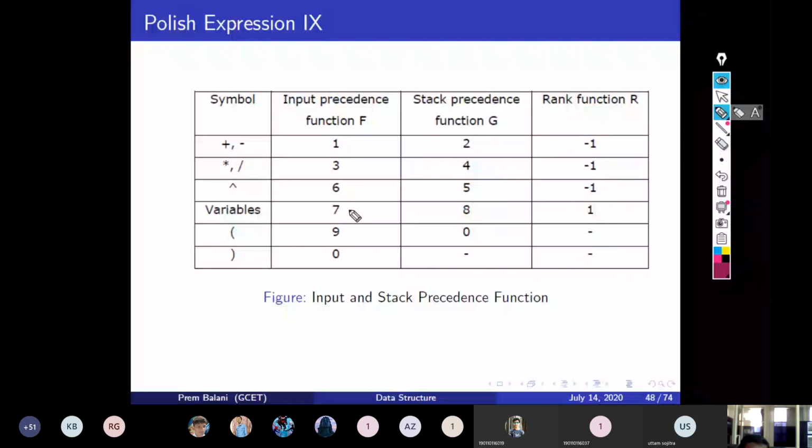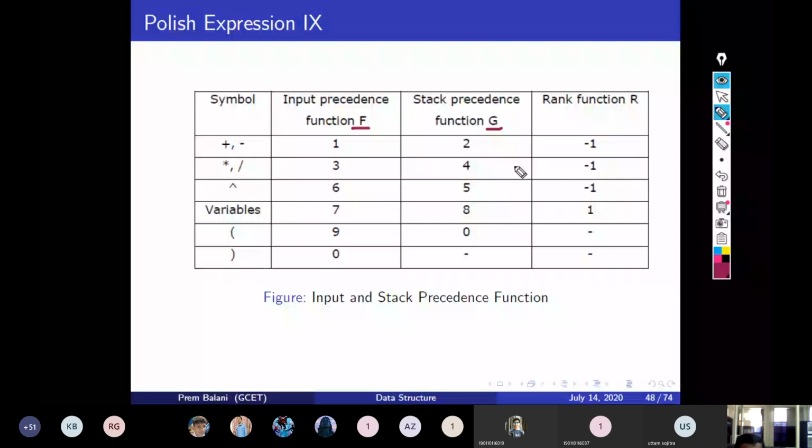One is the input precedence function f and the other is the stack precedence function g. In the previous algorithm, we had the same precedence function for stack as well as for input. But now we have a different precedence function for input characters, meaning this next character, and a different precedence function for the top of stack.